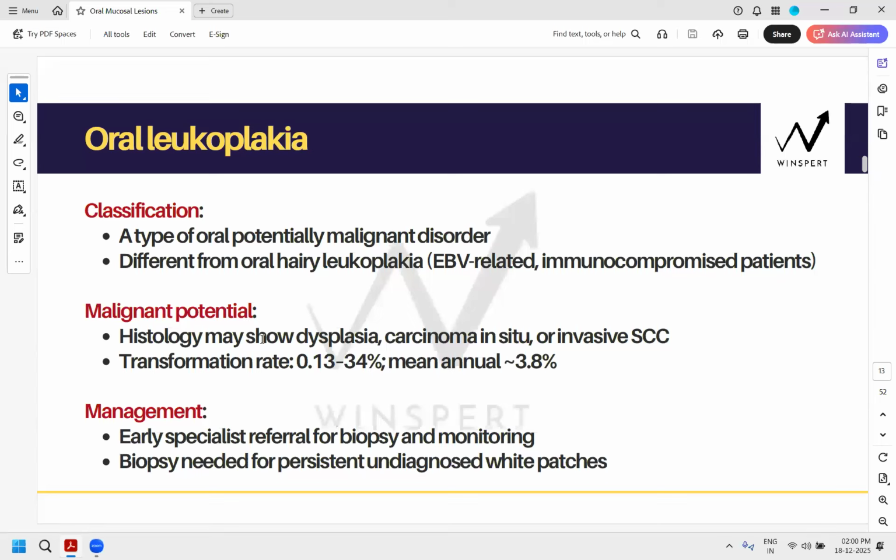So now histologically, for leukoplakia, when you send it for biopsy, it could be in a dysplasia stage, it could be carcinoma in situ stage, or it could be in a complete squamous cell carcinoma stage. Now you tell me, Tanveer, if you find a white patch and an associated immune compromised condition, what would that category be?